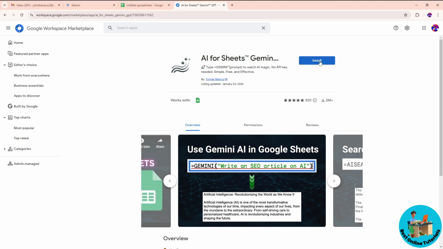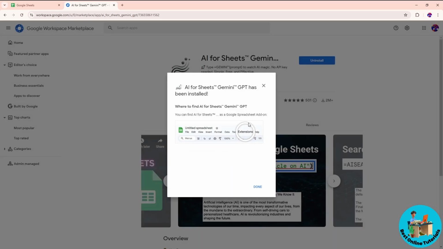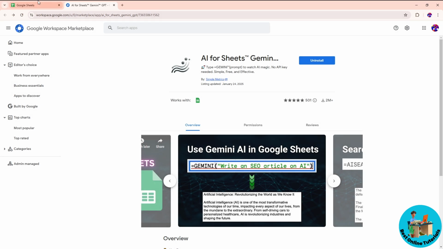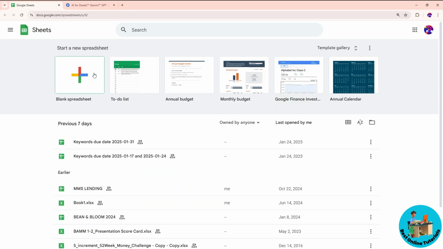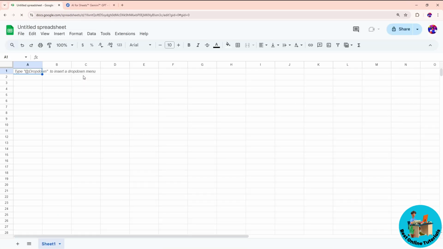And after that, just simply click on install and just simply log in into your account. And after that, just simply allow it. And now once it is done, you should be able to see here some instructions. So just simply click on done and just simply go to the Google Sheet